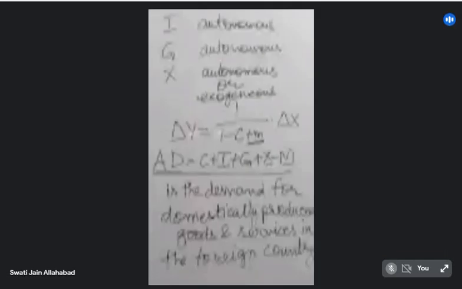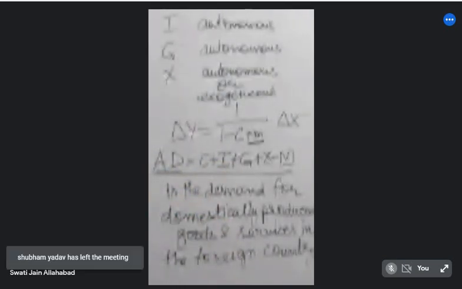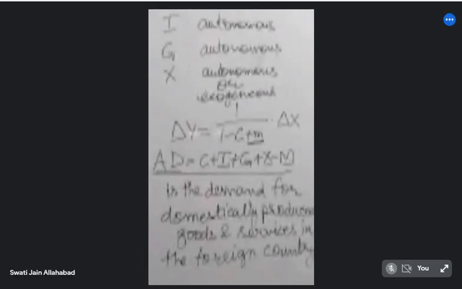So export is the foreign demand. Consumption is the domestic demand. Export is the foreign demand. So as consumption leads to a multiplier process, similarly export will also lead to a multiplier process. But when export is taking place, it is not alone. There will be imports also, because we are talking about an open economy. So if there is any country where only exports are taking place, no imports are taking place, then this formula will simply look like the investment multiplier.